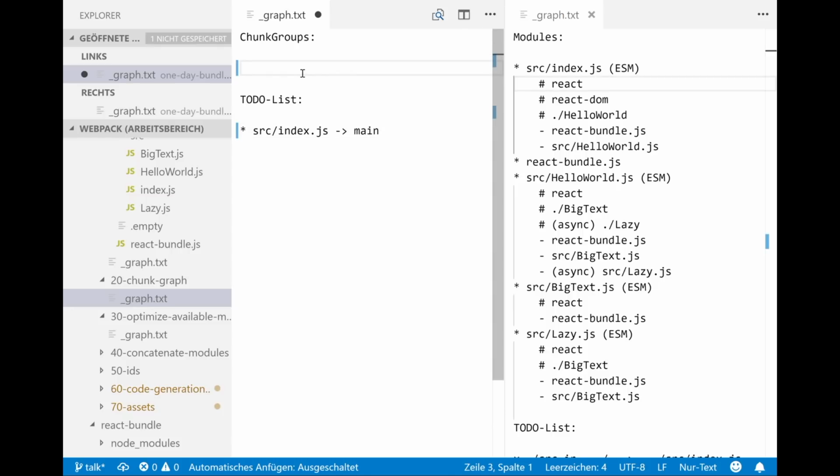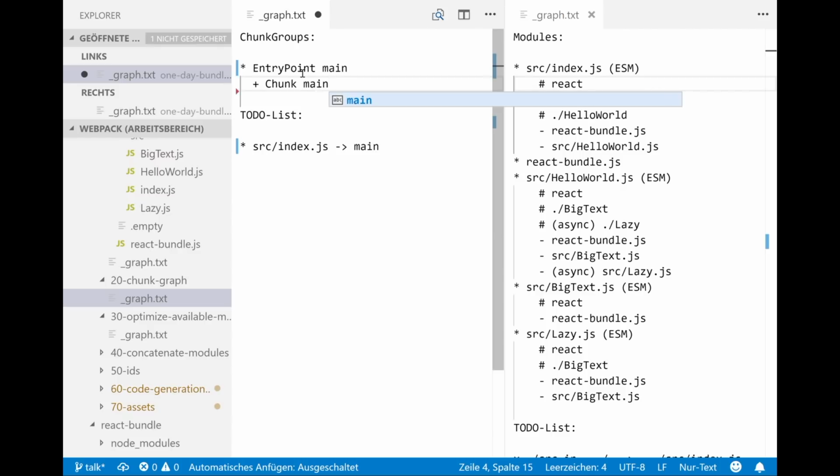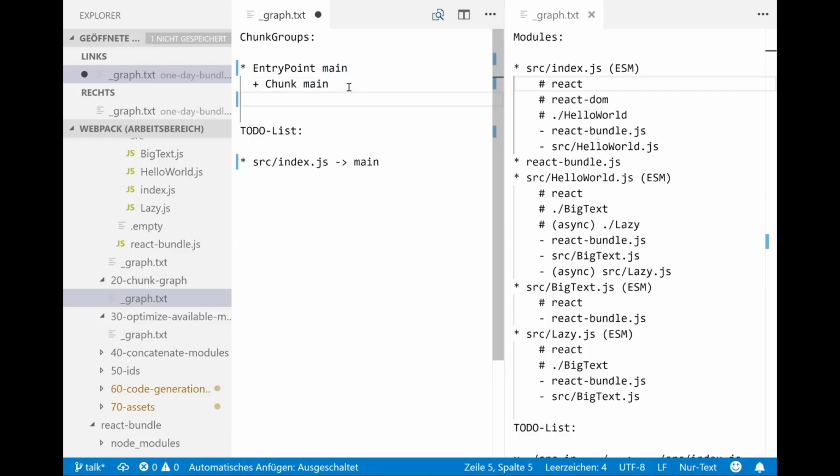So we create a chunk entry point main, which contains a chunk also named main, and then we execute this to-do list and put this module into the main chunk. Pretty simple.